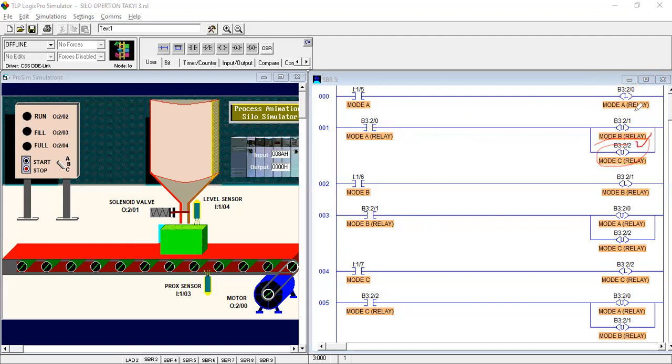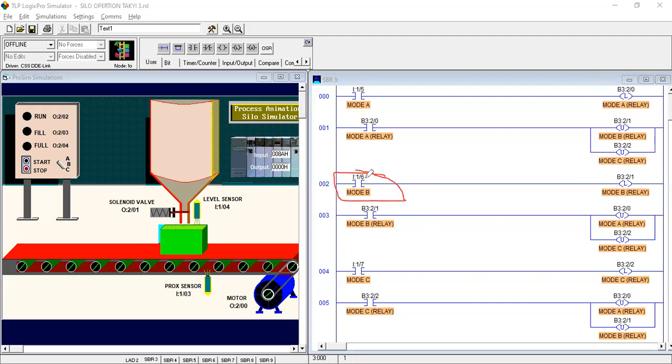This one is unlatching. This address and this address will be unlatched. Unlatch means it will not turn on, it will be off. So in the first mode, this one is turned on, and this one will be off.